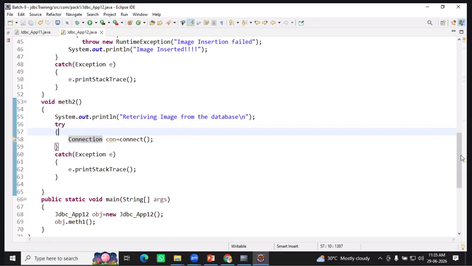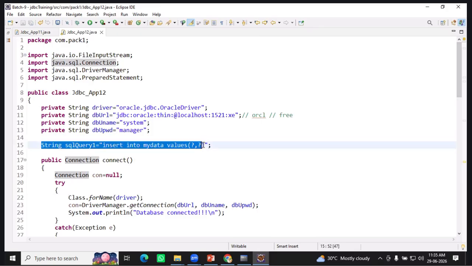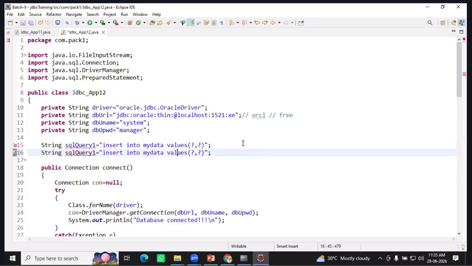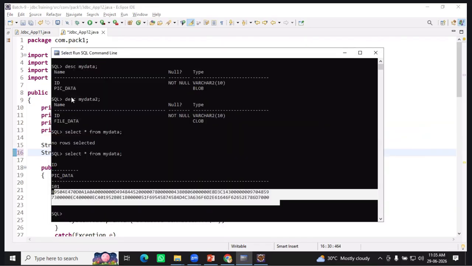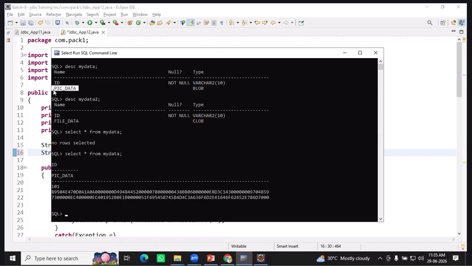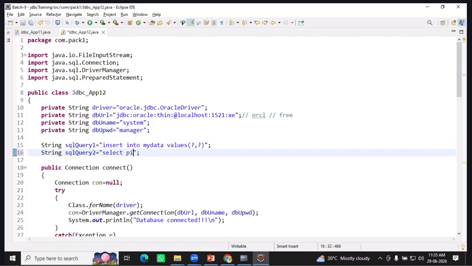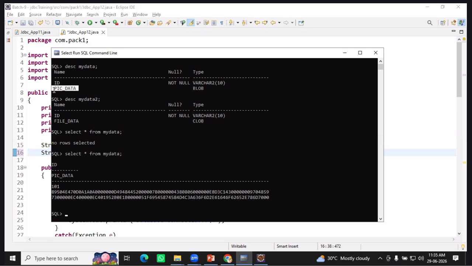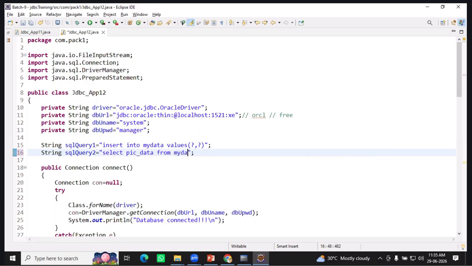Okay, now let's go with our SQL query. Previously it is this one. Right now, SQL query 2. I just want to retrieve the data based upon ID. Select, I don't want to use star. Of course, there are only two columns, but I don't want to use star. I just want to retrieve only pic data. Select pic_data from my data